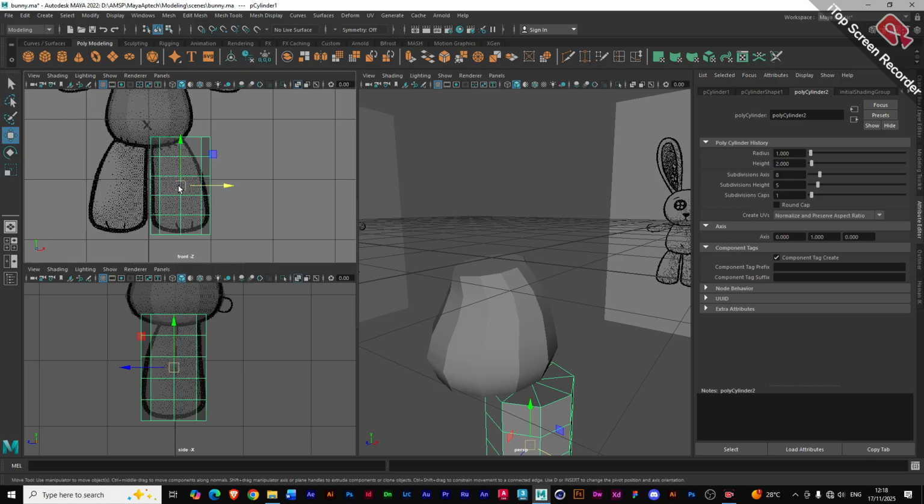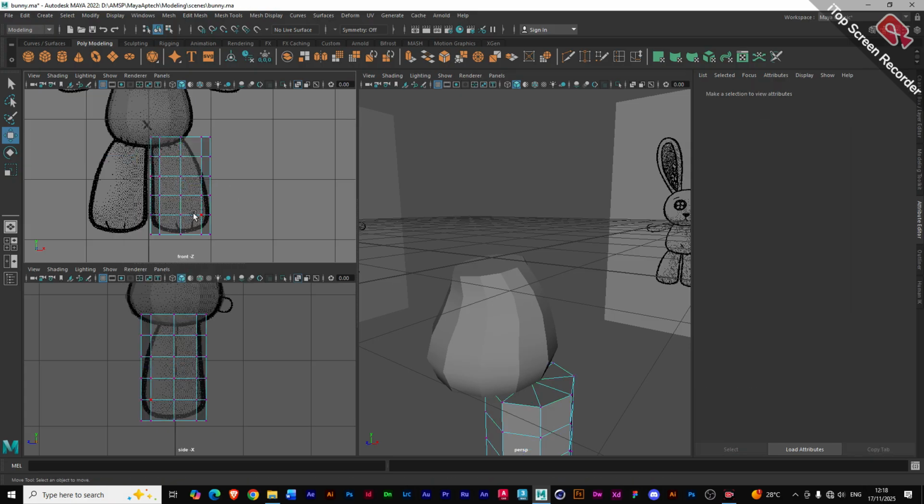So do the exact same things we did with the torso. Vertex mode, and then